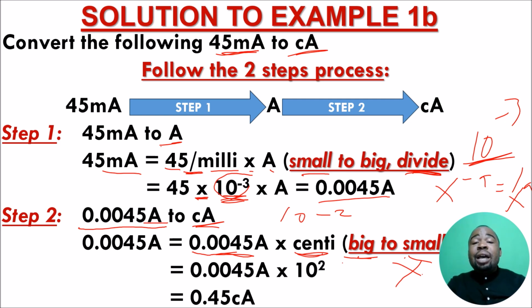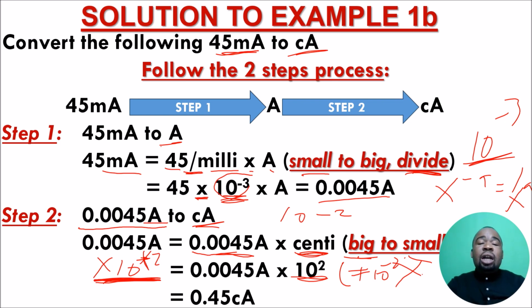Now, if we multiply by a negative power, don't make a mistake of multiplying at this stage by 10 to the power negative 2 because that is the one appearing on the conversion table. This factor is actually dividing if we multiply by it. So for us to multiply, we need to get rid of the negative power so that we are not dividing, but we're actually multiplying. So we multiply by 10 to the power 2 and not 10 to the power negative 2. At the end of the day, our calculators will give us 0.45 centiamps. So we have converted 45 milliamps to centiamps. In other words, we can safely say 45 milliamps is the same as 0.45